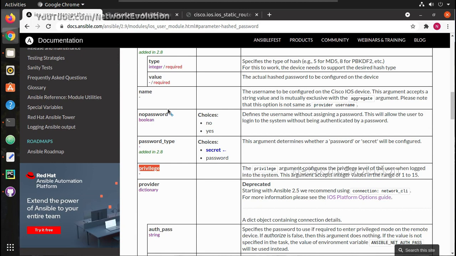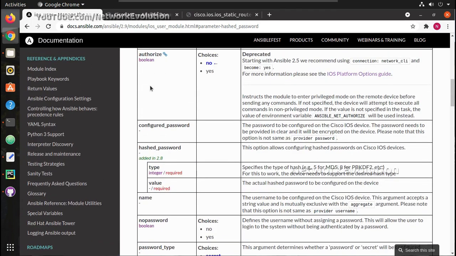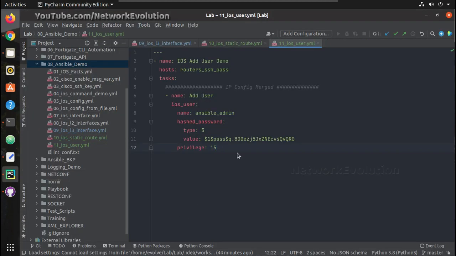You can see here privilege is at the hashed_password level. Then we need to give state. By default it is present.